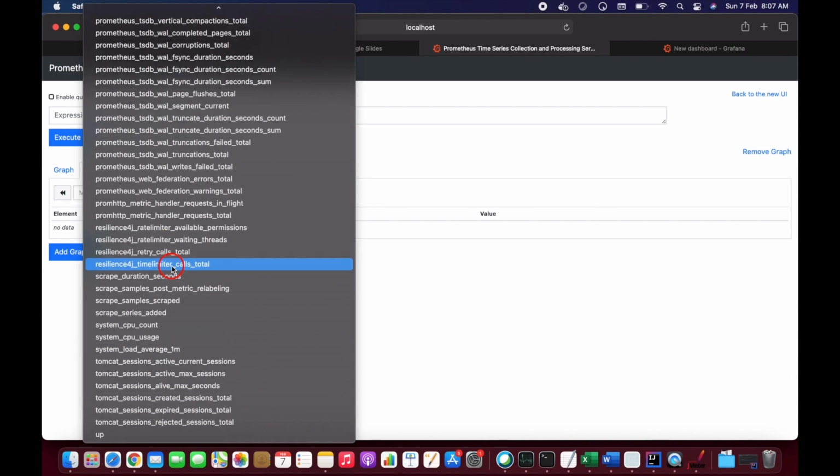That metrics information we can customize by using resilience4j rate limiter waiting threads and resilience4j rate limit calls total, like this.